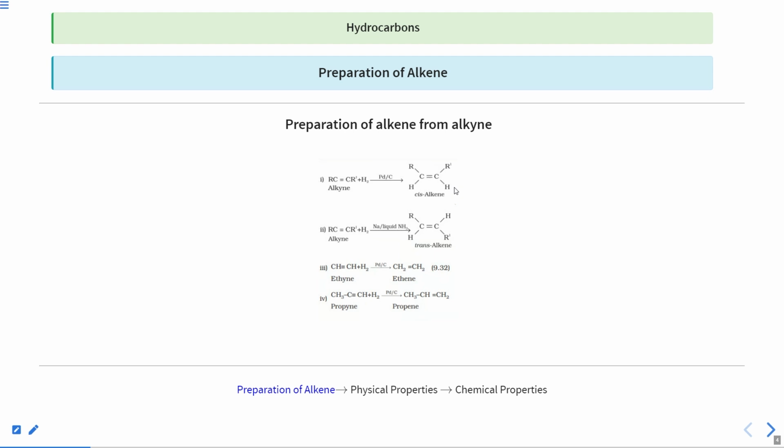So this type of addition is called syn addition, and it is because of the mechanism that it gives such a reaction. Basically, we have a palladium surface on which the reaction is occurring. The alkyne, that is the substrate, and your hydrogen, which is being absorbed on the metal, are